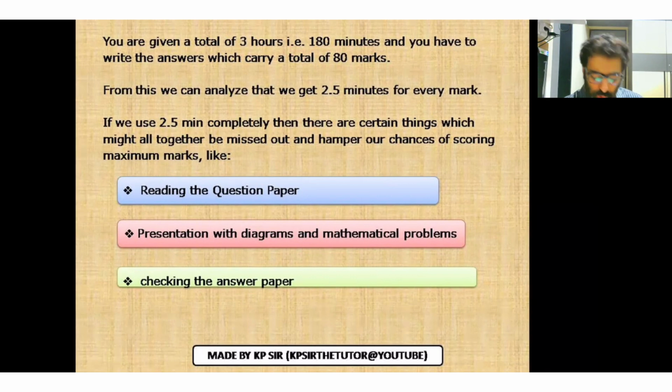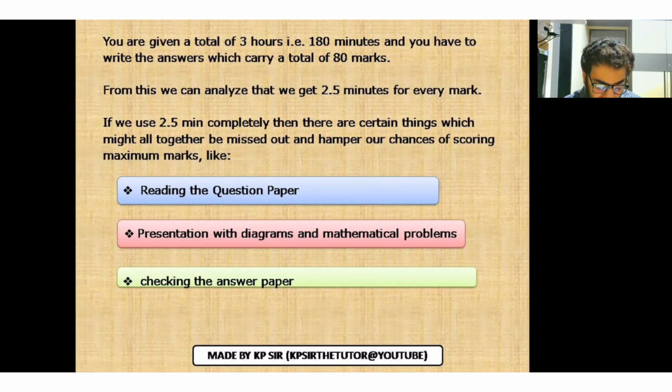But see, if you use 2.5 minutes completely, children, then our chances of scoring maximum marks will drastically decline. I don't think that a fill in the blank will require 2.5 minutes worth of time. Already you might have written many preliminary examinations, and practice papers you might have solved on your own. So I don't think that you will take that much time. And if you go strictly with this time management, then your chances of scoring maximum marks are going to fall down, because you